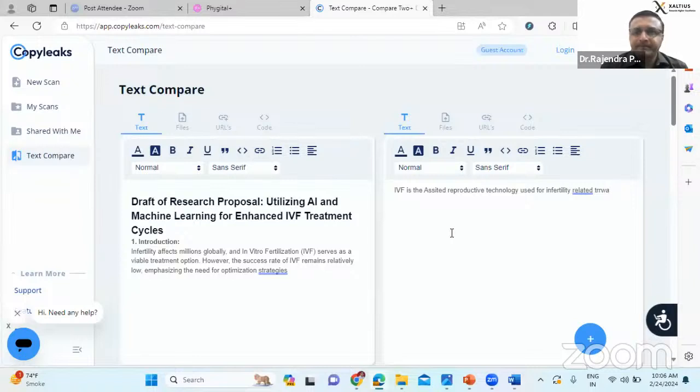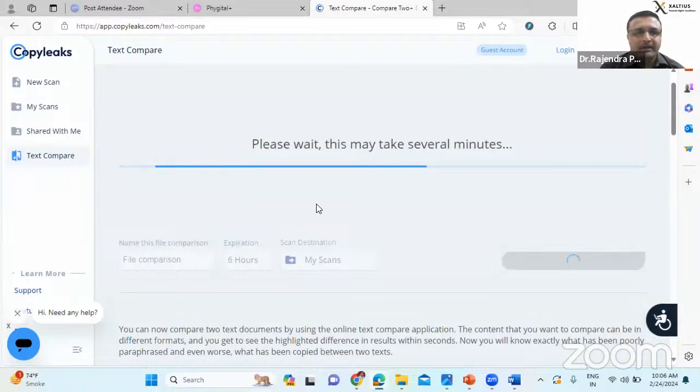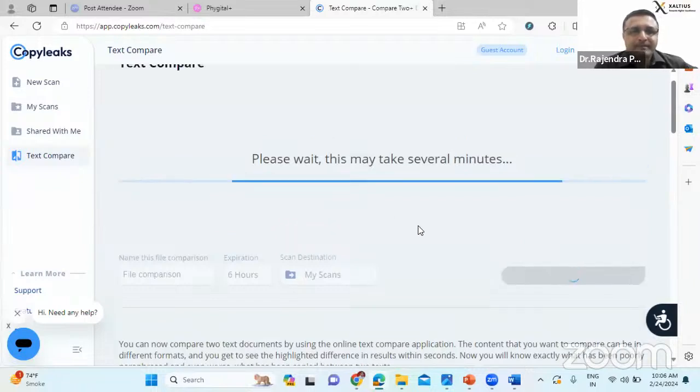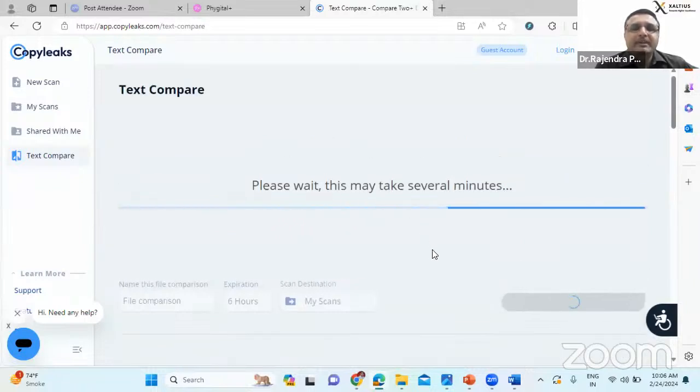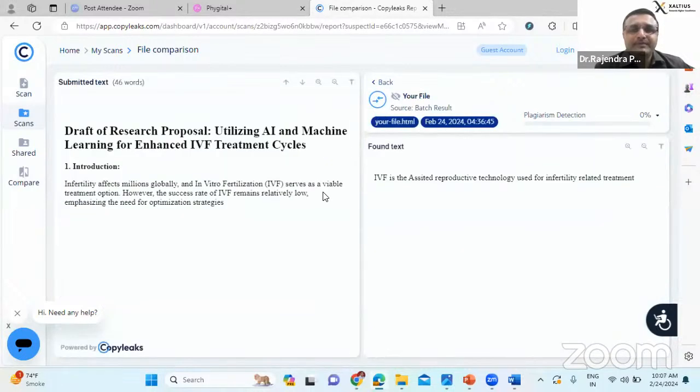Okay. I'm just trying to compare something. Let's see. Or you want two files, some research paper and your file. I want to compare those two research papers. Suppose something you have drafted and you upload the other paper. It will give the comparison report also. So it is giving found text. IVF is that way.